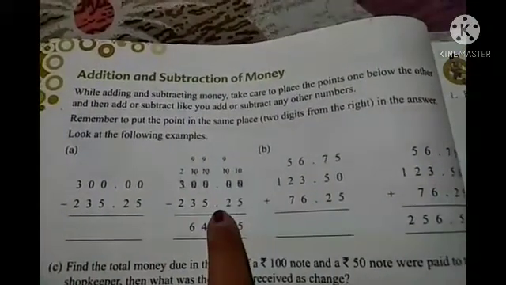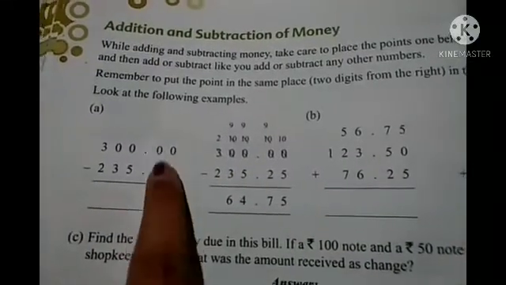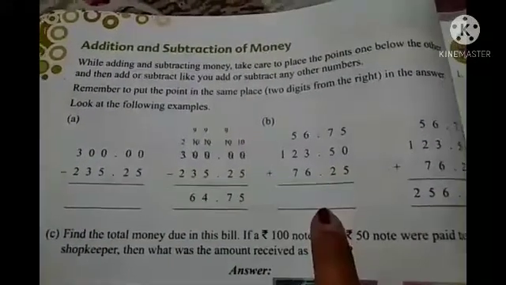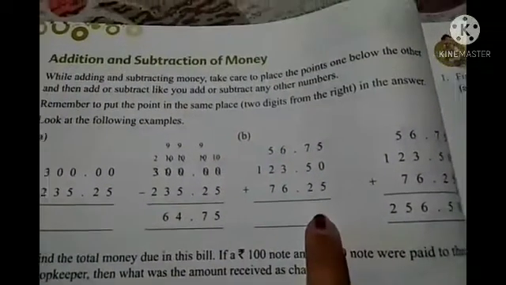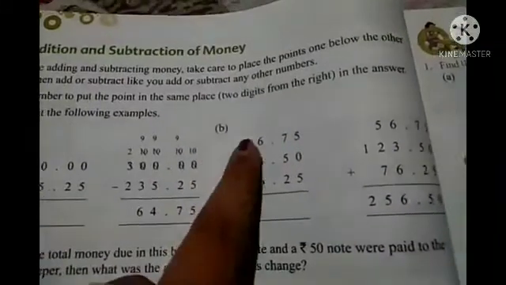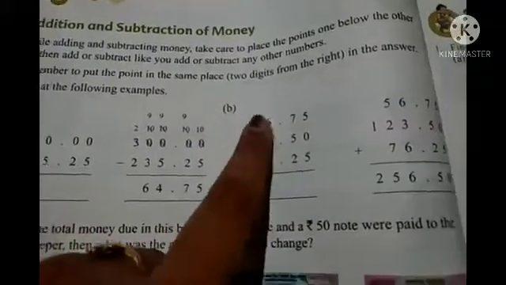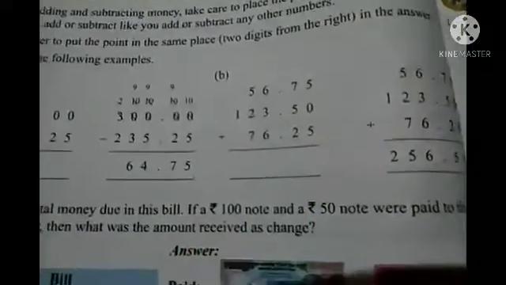So you can see some points, right? You can see this example. Okay, so points are there. As you know, in case of money, there is rupees and what? Paise. Okay, rupees and paise. So, in case of rupees, we write it here, and in case of paise, we write after point. Okay. So, in example, I'll show you.